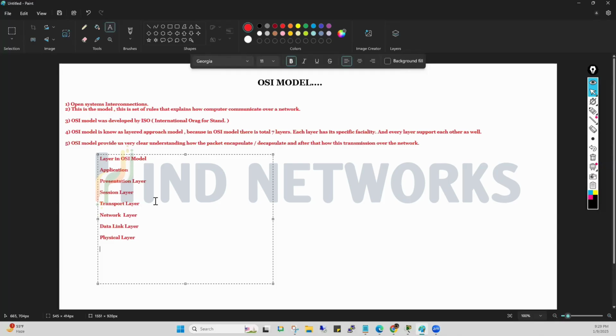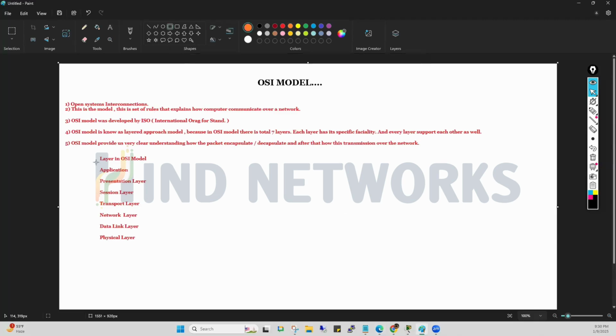Understand, everyone, yes or no? These are the 7 layers in the OSI model. Clear, everyone, yes or no? Understand? Now, here one thing you need to understand, these